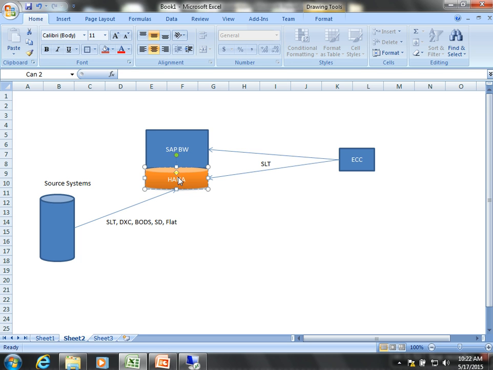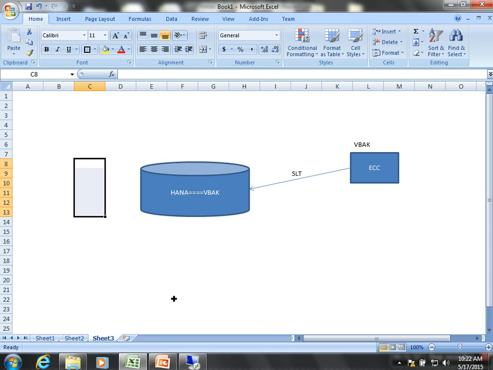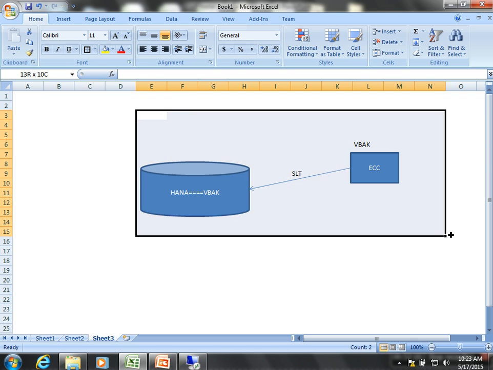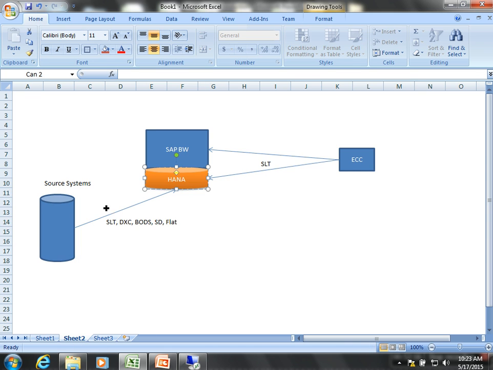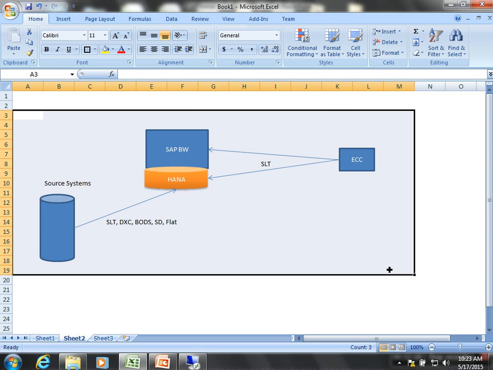What is your question? Sheet number 3. Yeah, still some projects are running only on this. That's what I'm saying. Even when we had BW without HANA, there are customers who have still been implementing warehousing with non-SAP flow, yes or no? So you will still find some customers even in this flow. That is what I said: HANA as data mart. Still there are customers who are using this way. I am saying the majority would be this way. This will give them more flexibility.